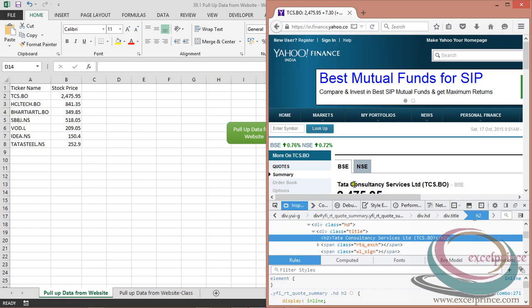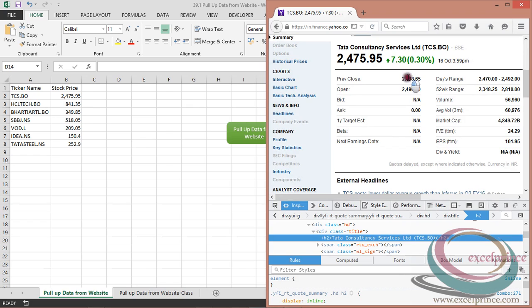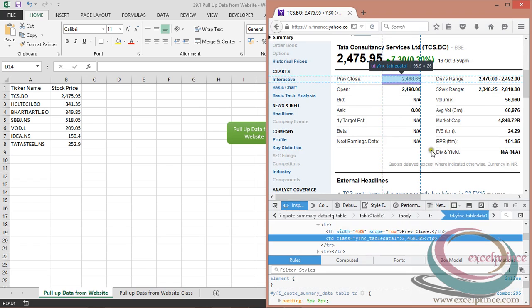So if I need to extract this value, I need to go into this particular class, called title. In the same way, if I need to extract these values, like 2468, just checking, it lies under the class named YFNC_table data 1. From this class I would be able to extract my previous close price. In the same way we have the open price, bid price, ask rate, 1 year target, and so on and so forth. So I need to enter those classes, and thereafter extract the value.